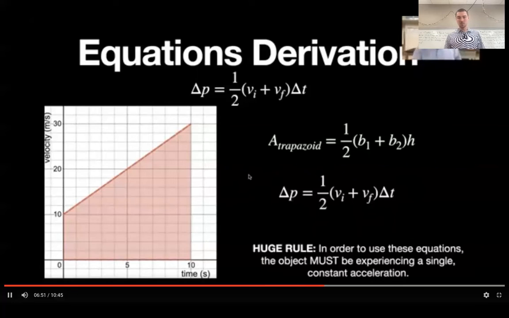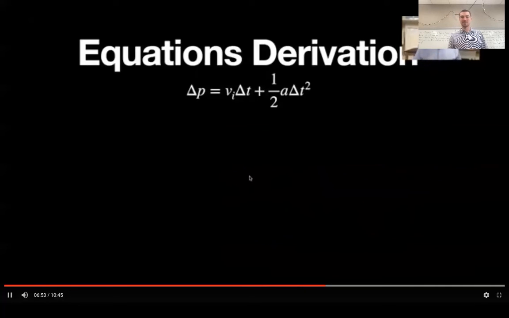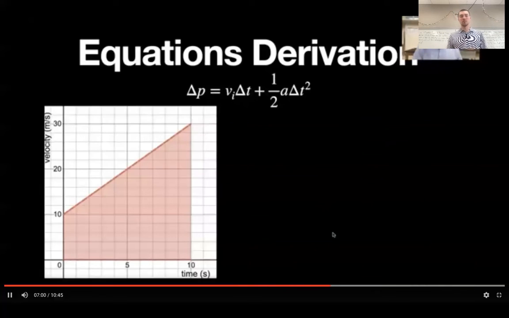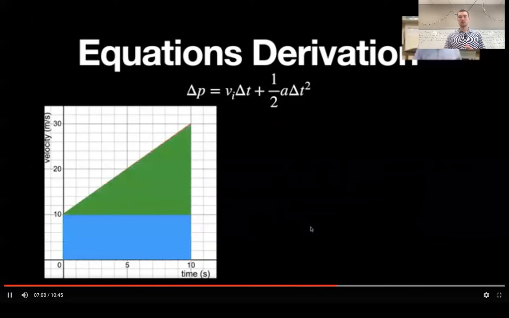And don't forget the huge rule, as always. Let's go back to equation number 2 because it's very similar to equation number 1. You'll see we're still solving for displacement, which is still going to be the area of a velocity versus time graph. But if you do forget the formula for a trapezoid, you can break this trapezoid into a rectangle